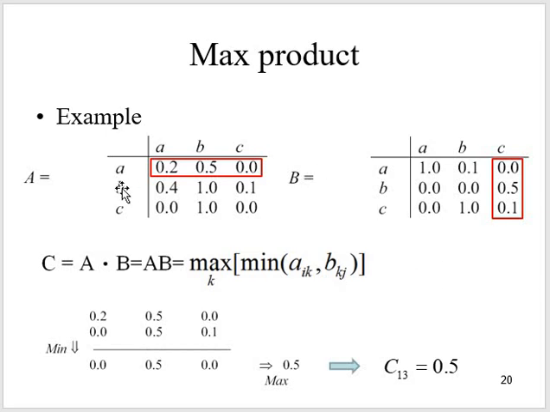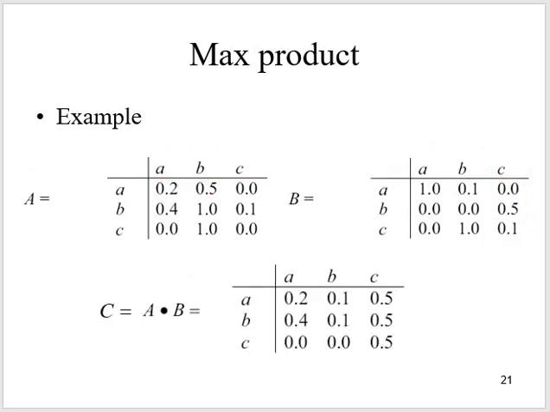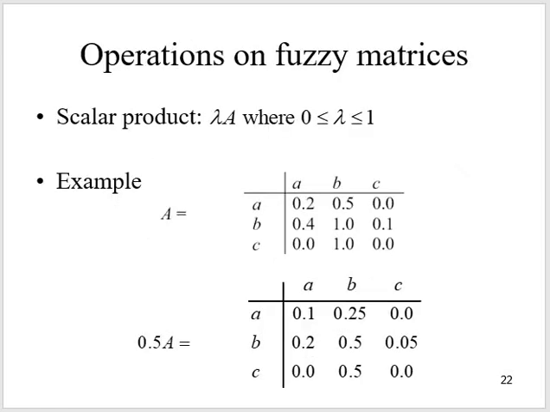So we need to consider a row together with the column in A and B. So we get the minimum of a ik, b kj. Then scalar product,